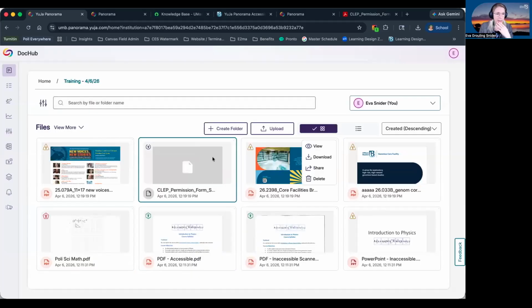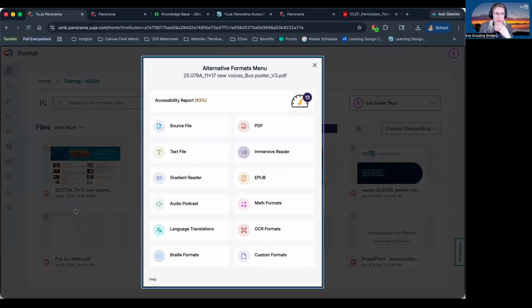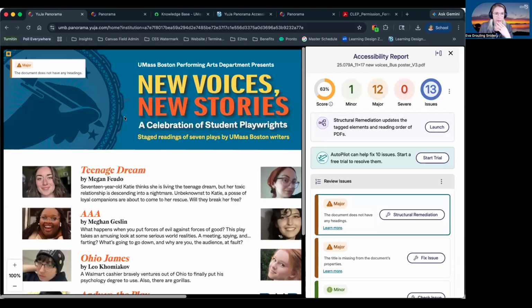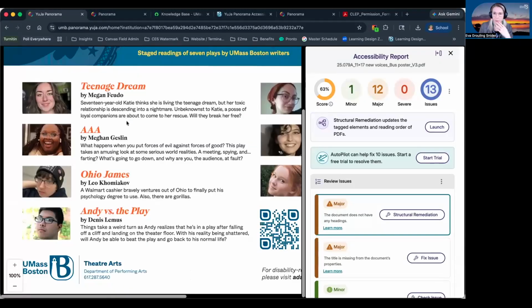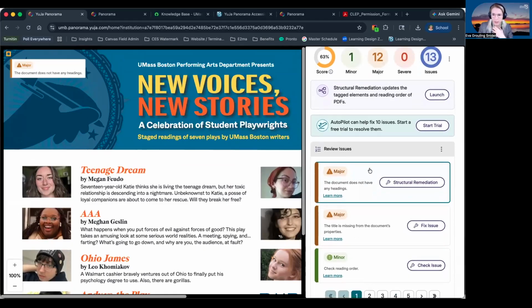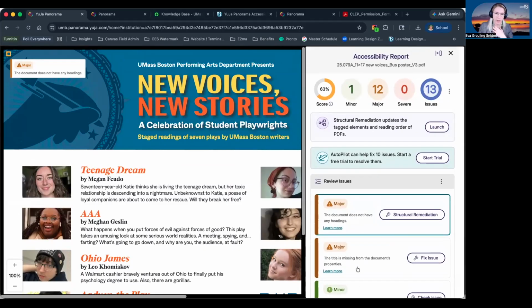I'm going to go ahead and exit that one and maybe run it here on, okay, we've got a great, more visual document here. This one is not untagged and not scanned, so we do have other issues that are being flagged here. This one has 13 issues total, and this brings me to one of the options that you have here under Review Issues.